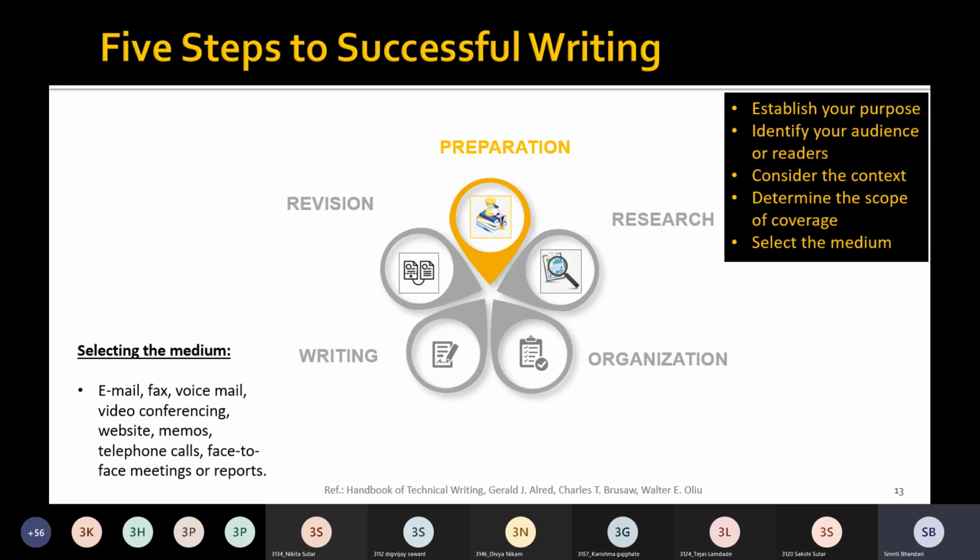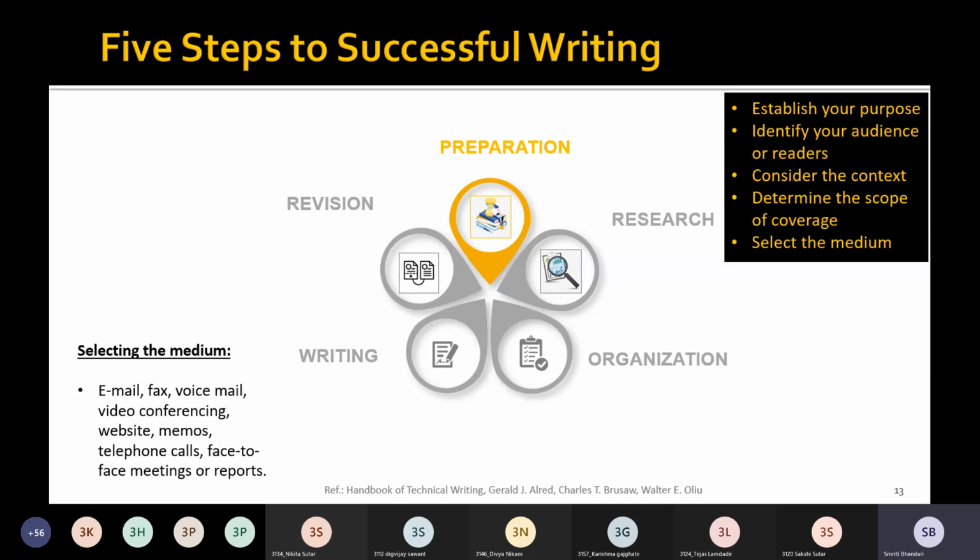Right? Sometimes it may happen that you need to write some technical material and communicate it to all the staff, all the employees of the company, right? And frequently that content is going to change according to the needs.